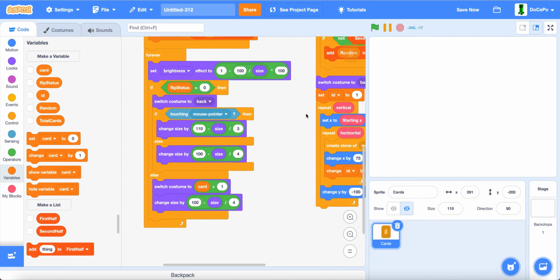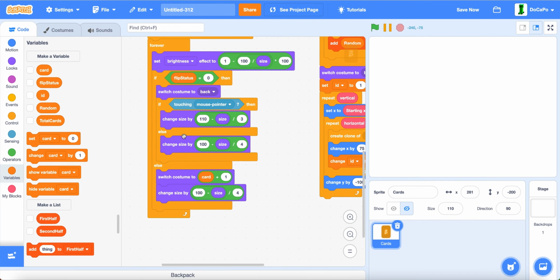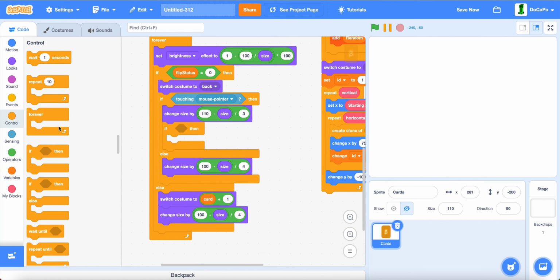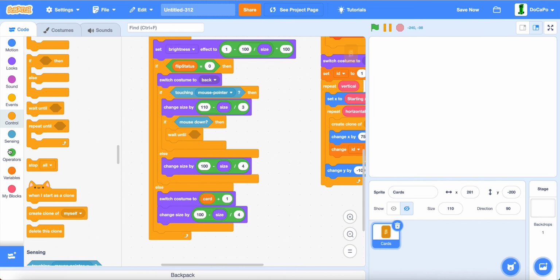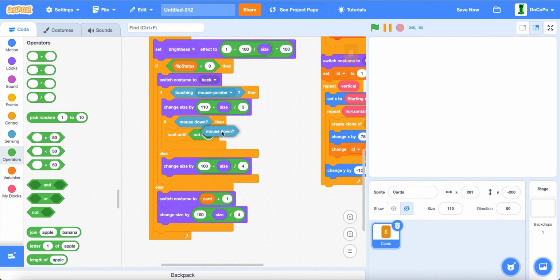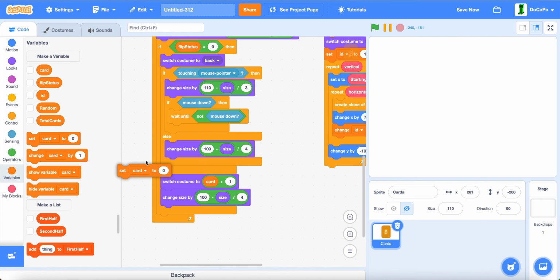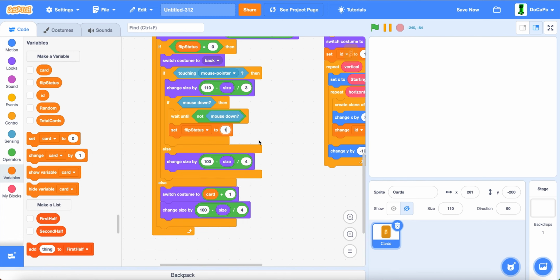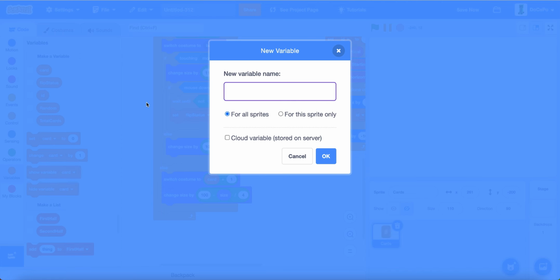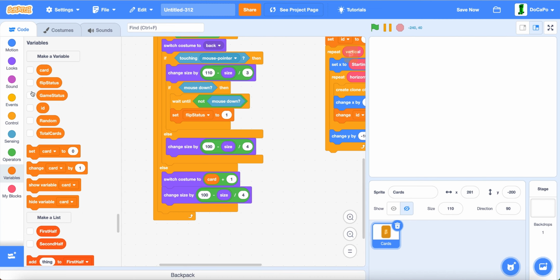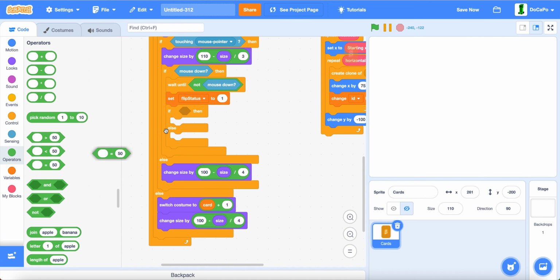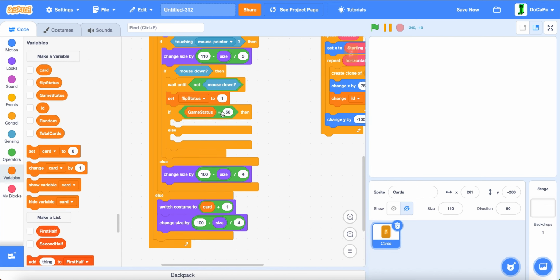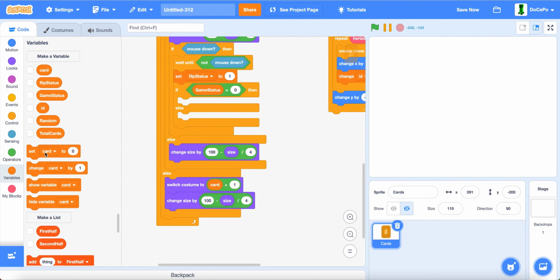Now, back in here, do another if mouse down, wait until not mouse down, then set flip status to 1, create a new variable named game status for all sprites, then an if else game status equals 0,